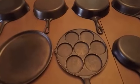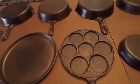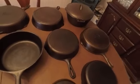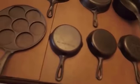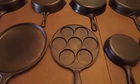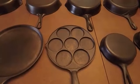I'm sorry about that if you're listening, but beauty is in the eye of the beholder, so to speak, and some people collect certain things. Some people may like all number 3s. Some people may like number 5s or 6s. Some people may collect a bunch of Dutch ovens, like you see over here. It just depends on what the person likes to collect. So, actually, collectability can be very individualized, but when I was talking about that term, I meant collectible as far as